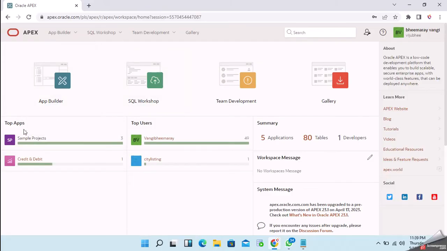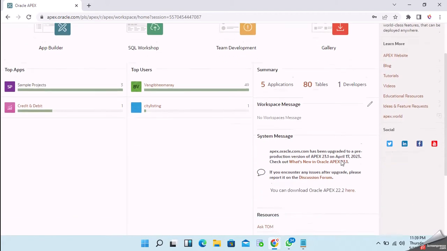It will show top apps and top users based on the user logins to the applications. Here we can see a summary of applications, tables and developers. This means in this workspace we have 5 applications, 80 tables and 1 developer. If we scroll down,